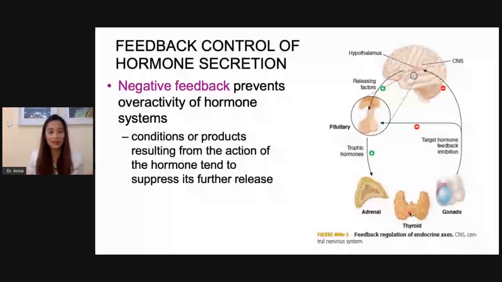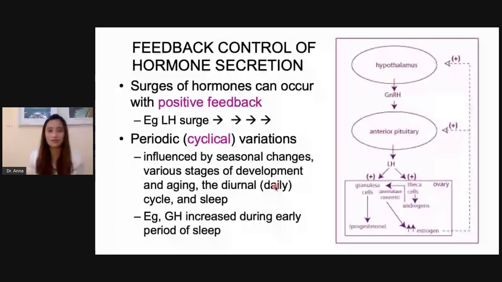So aside from negative feedback mechanisms, there are also certain instances where there will be positive feedback mechanisms. These are certain surges of hormones that occur after continuous positive feedback. One classic example would be your LH surge, which stimulates ovulation in your ovaries. This happens when your GnRH stimulates your anterior pituitary to produce luteinizing hormone, and this will result in